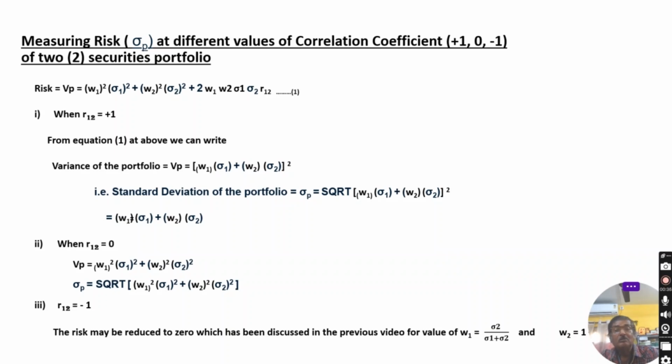Finally, I will also discuss, for any value of correlation, how you will determine the mix-up of two security portfolio for which the risk will be